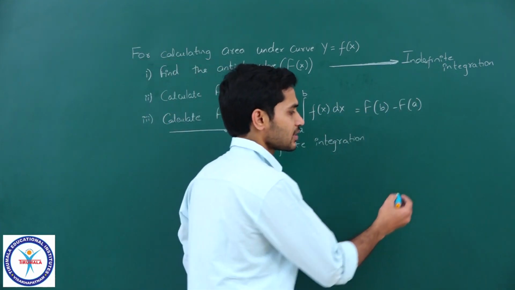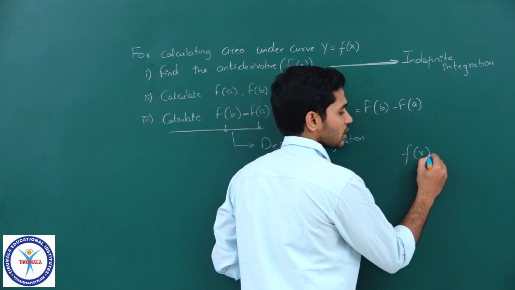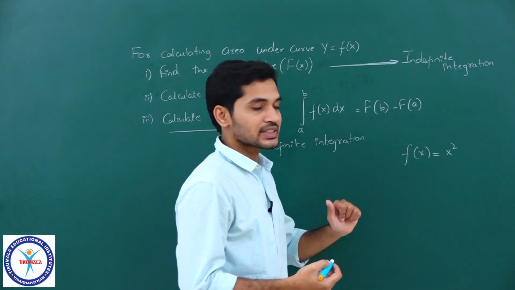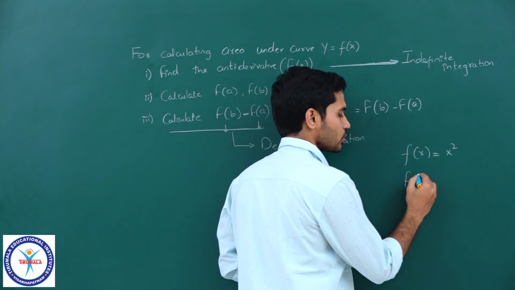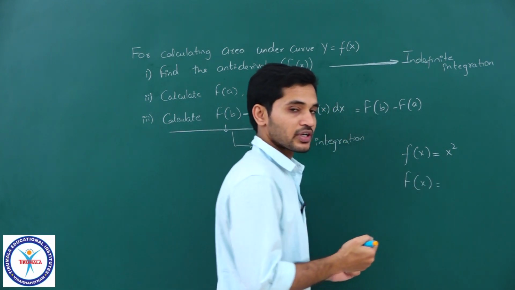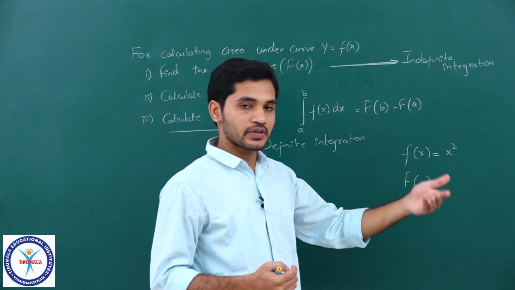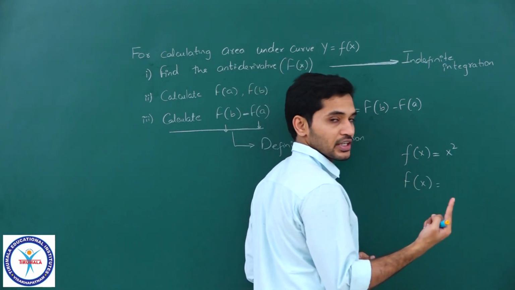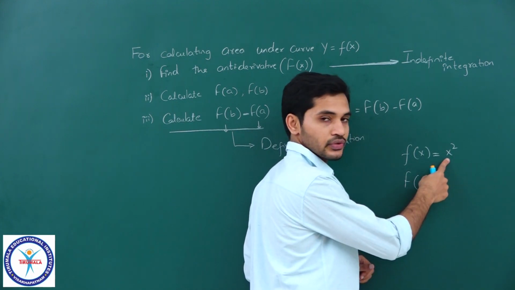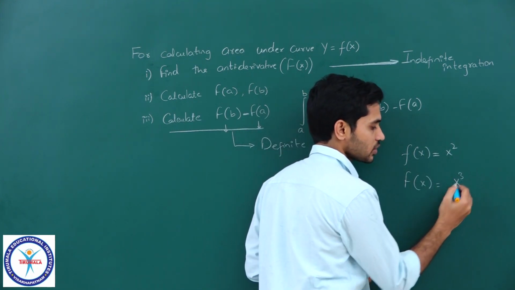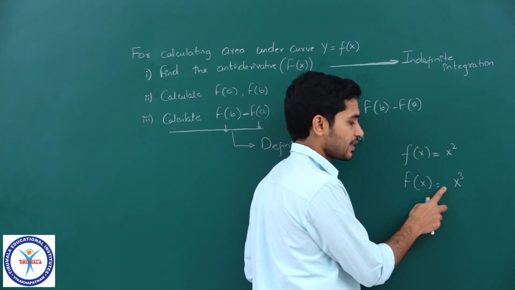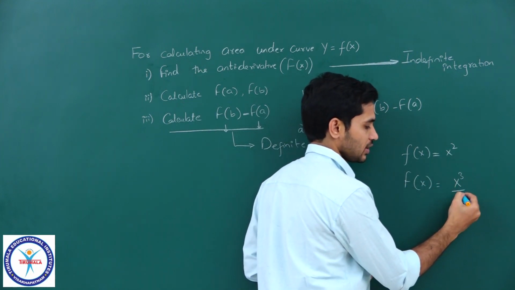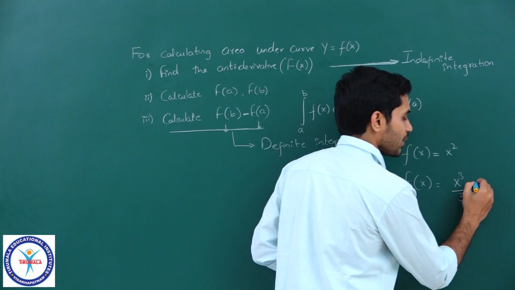I have told you in last class that, for example, if I have a function f of x is equal to, let us take x square, and if I ask you what is the antiderivative of this, I told you how we should think of it. We should think of it like this. So which function when differentiated gives me x square? So definitely it should have one power higher than this, right, which means it should be an x cube function. But if I differentiate x cube, I get 3x square. I need x square. So what will I do? I will divide this with 3, correct students, and I will be adding a constant, correct.